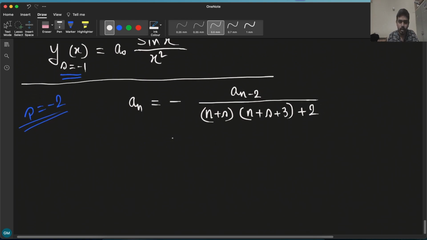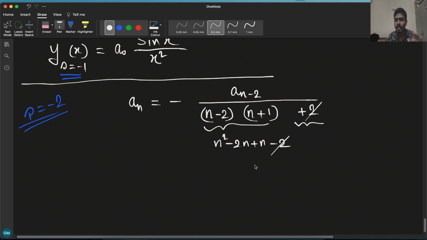Okay, and if I put s equals to minus 2 here, then it will be minus 2 here and here, and I can write this term as n plus 1. Also I can simplify it, so I can multiply these two terms. It will be n square minus 2n plus n minus 2. Okay, and there is plus 2 sitting here, so these cancel, and we are left with n square minus n, which is nothing but n times n minus 1,